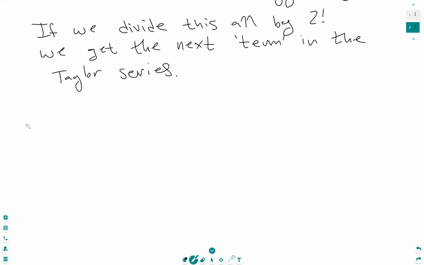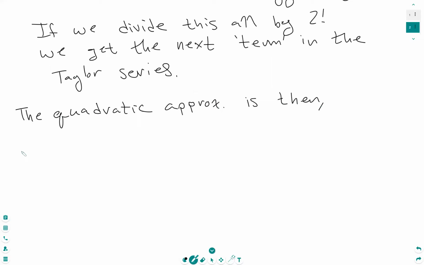So this means that the quadratic approximation is then, instead of a linear, we're doing a quadratic now. We're doing a little bit better. This is approximately f at AB